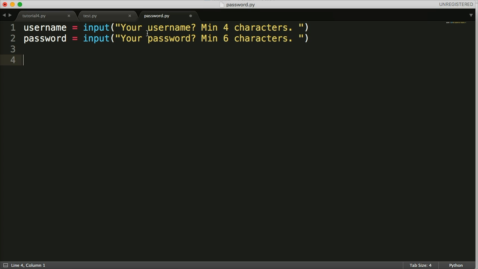All right, and then down here we're going to use an if statement. Don't worry too much about what an if statement is, but basically, if it's true, it will do something. If it's false, it will do something else. So what we're going to do here is, if len(username) is greater than 4 and len(password)